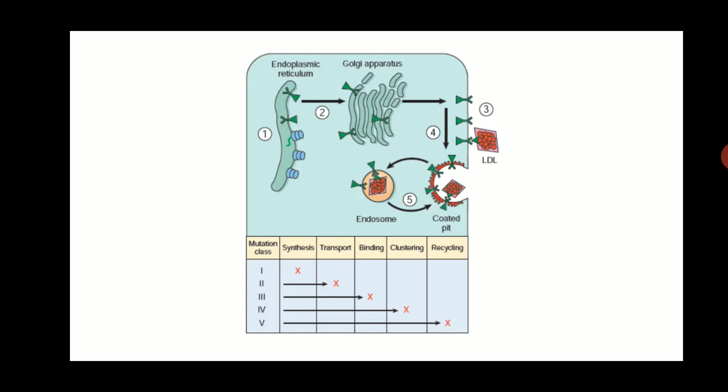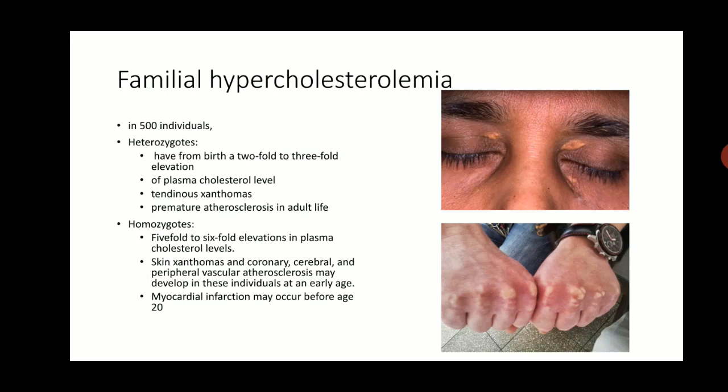Increased level of cholesterol is very bad for us because it leads to atherosclerosis, and atherosclerosis is the forerunner of cardiac diseases like heart attack. These patients can be either heterozygous or homozygous. This disease is quite common, occurring in a very high frequency, like 1 in 500 individuals. Because this is an autosomal dominant disorder, it manifests in both heterozygous and homozygous state.